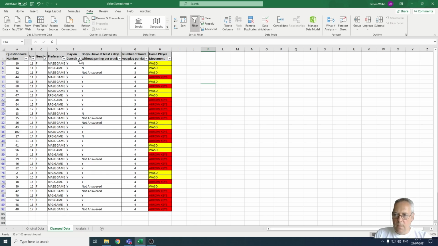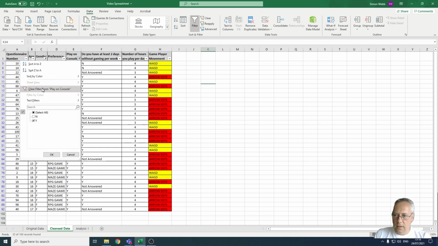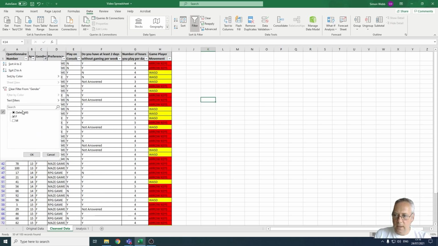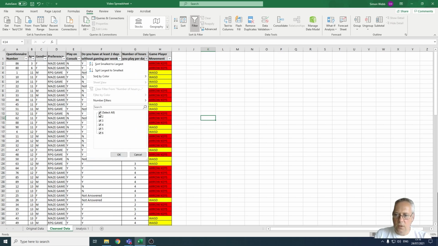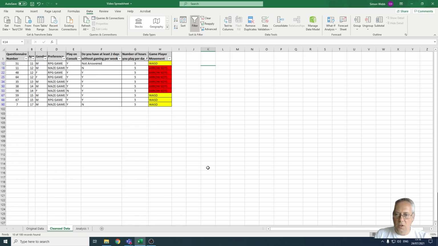I could do a number filter. So let's just clear the filter from there and let's clear the filter from here. I could look at all of the people who play for 5 hours a day. So I can choose not to show any of those and then select the one I want to display. So I can show just the people who play 5 hours a day and analyse that data, look for patterns